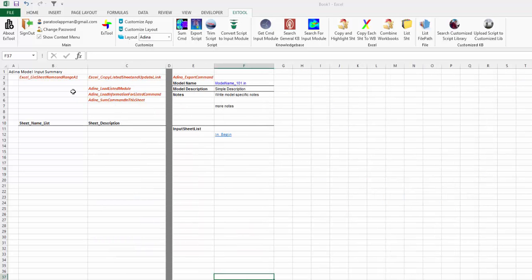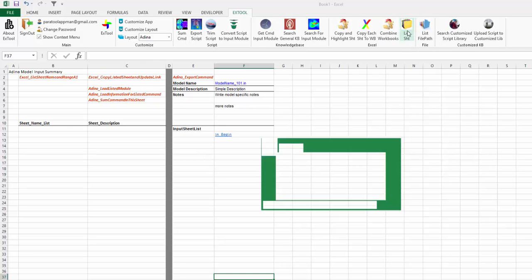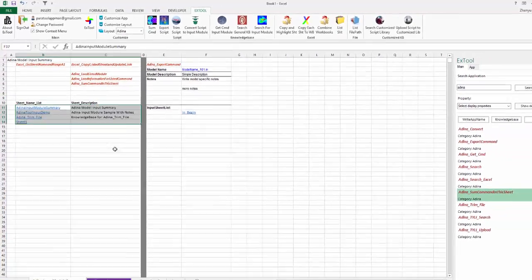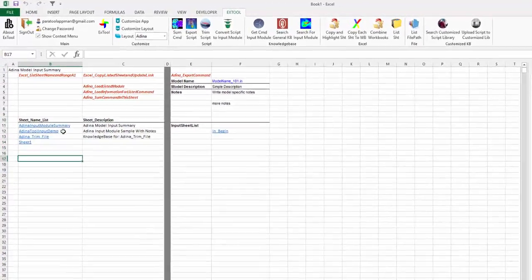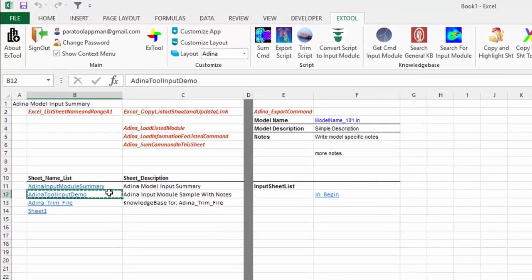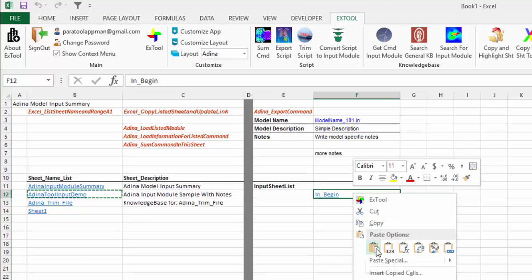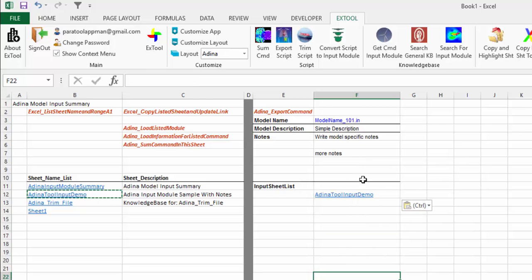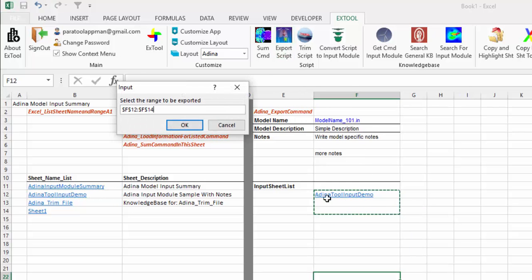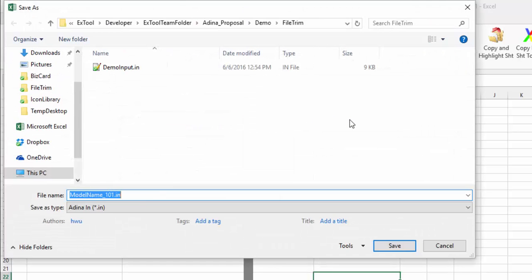In this case, we have one sheet that is prepared. We can list all the sheets in the Excel, and we copy the one that we just prepared into a column, and it's hyperlinked, mind you, and you can export this particular module into a .in file, which is